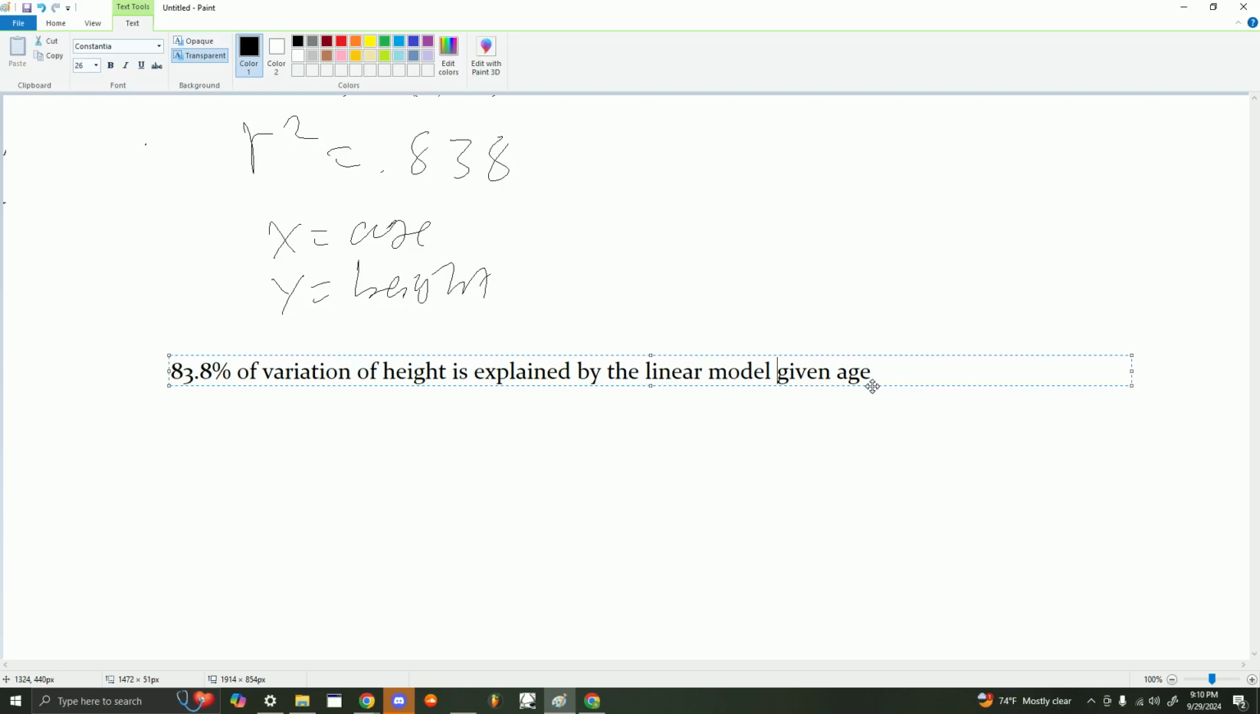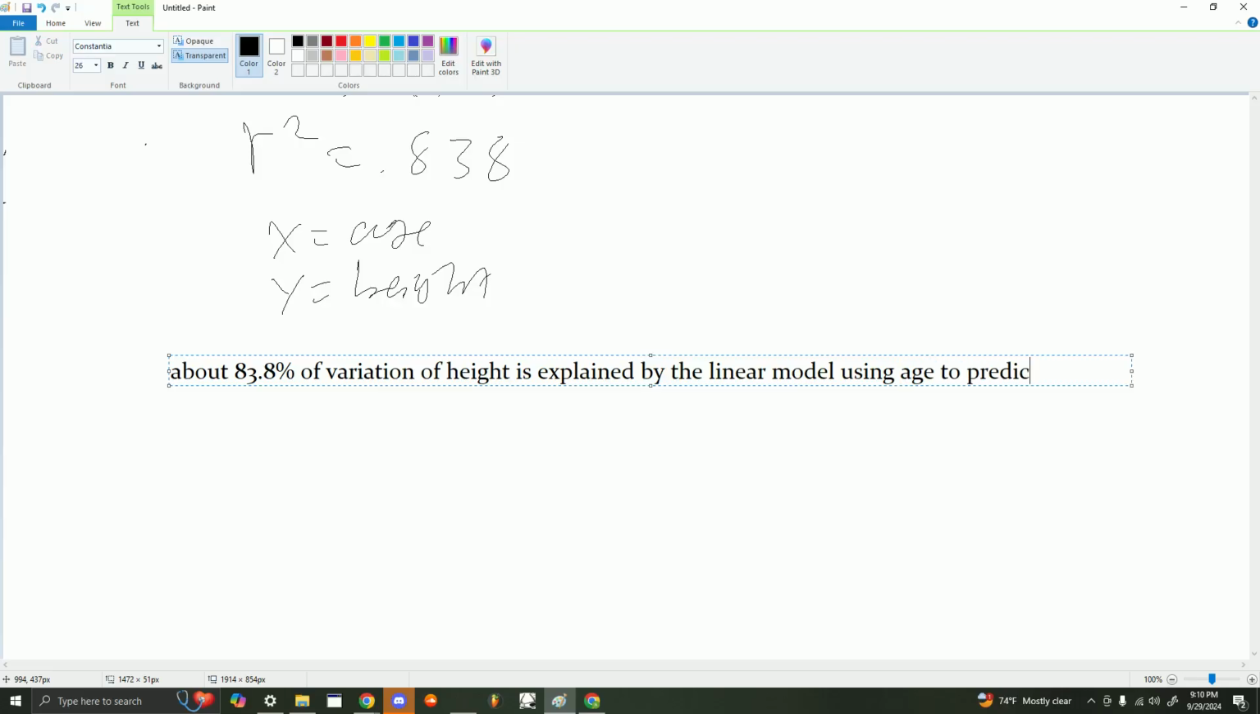Yeah, this is mostly right. You'd forget to put about at the beginning. You'll say about or typically or average. This isn't about standard. About 83.8% of variation of height is explained by the linear model. I think give more context using age